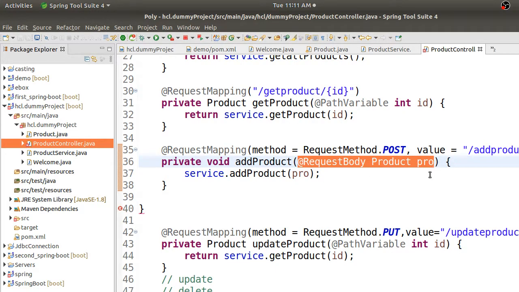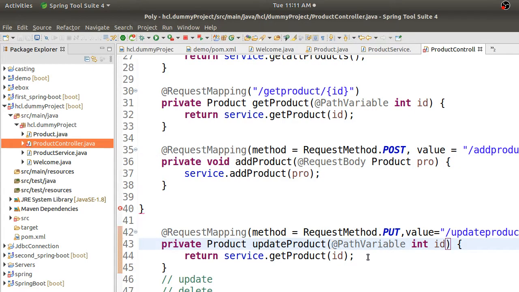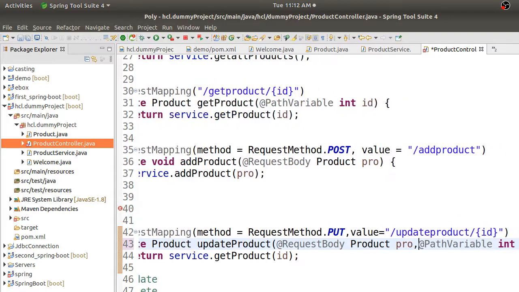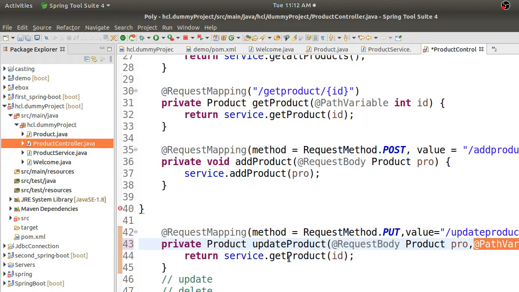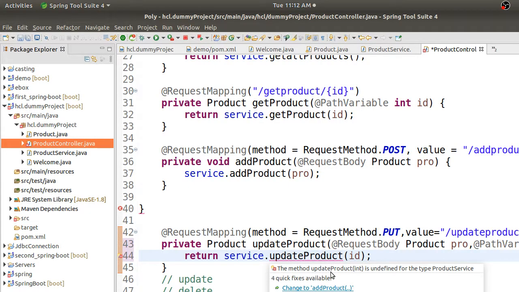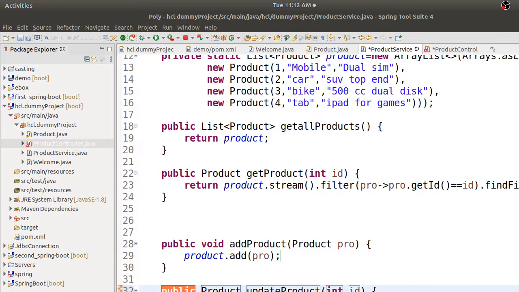So along with this response body, you also need this path variable, because you have to get the response as that product, and then you have to change it with this given ID. So I will just write this comma. So I am just passing two things here. Update product has a request body as well as a path variable which has this integer. Two things which I am calling here, and also update service dot update product method. So I have not coded this. You have to change it to product method.